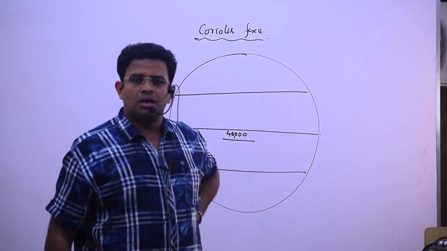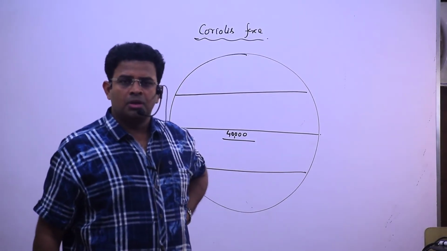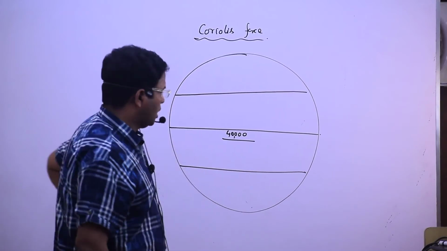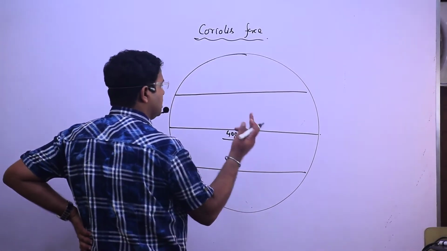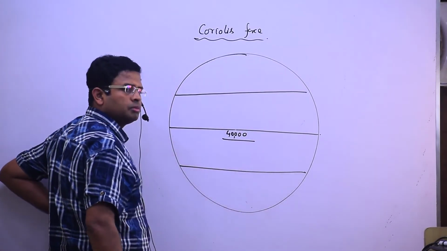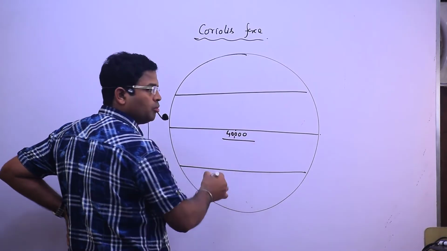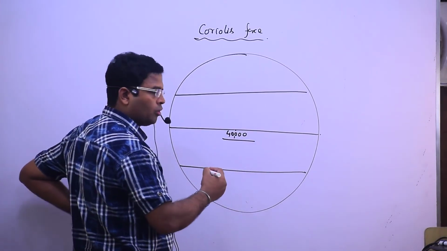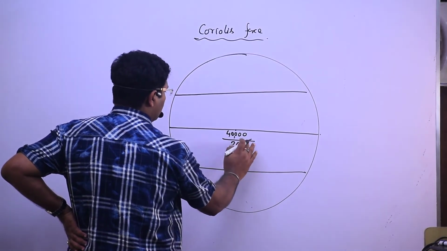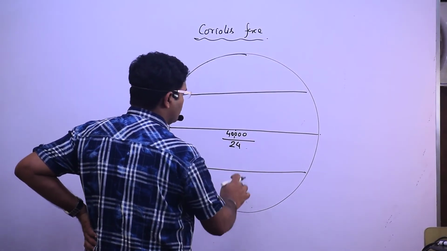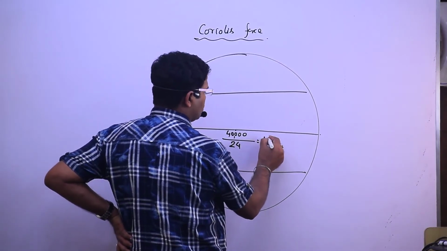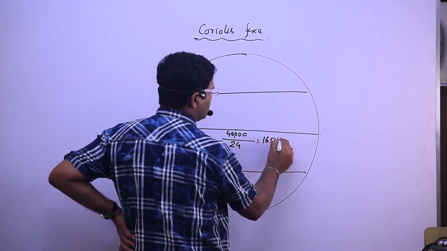What did I say? What is the circumference of the equator? It is around 40,000 kilometers. And how much time will this point take to rotate and come back again? Yes, tell me how much time it will take? 24 hours. And if you divide it by 24 hours, then we get around 1650 km per hour. So better to say 1650 km per hour.